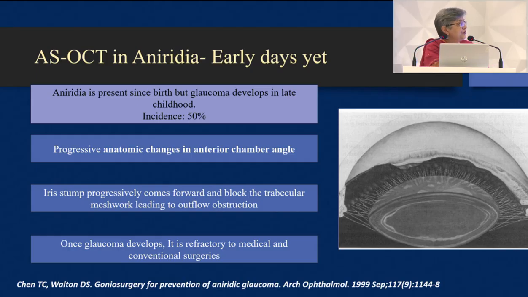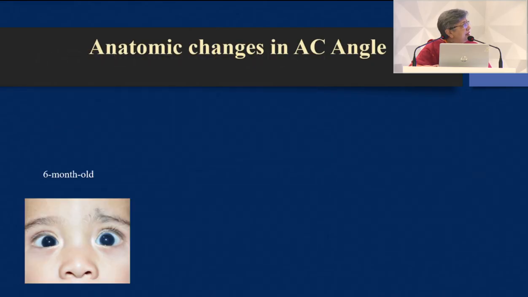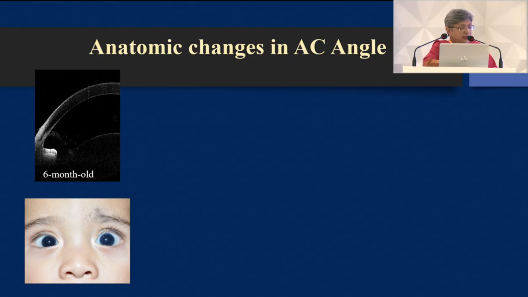because I don't know whether aniridia is just absence of iris or is aniridia a disease. Because we see a lot of absence of iris in severe iris hypoplasias, but they are not the PAX6 aniridia disease. So the 6-month-old child with aniridia, when we do an ASOCT, there's a stump in the iris, there is very little TM shadow visible, and we are very scared of doing anything to this baby,